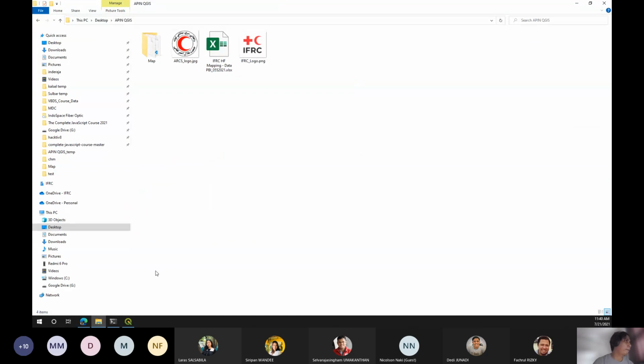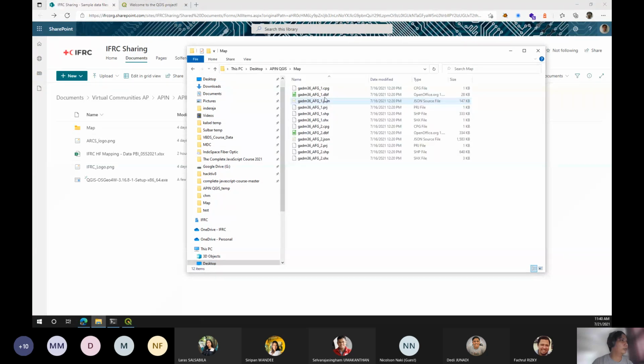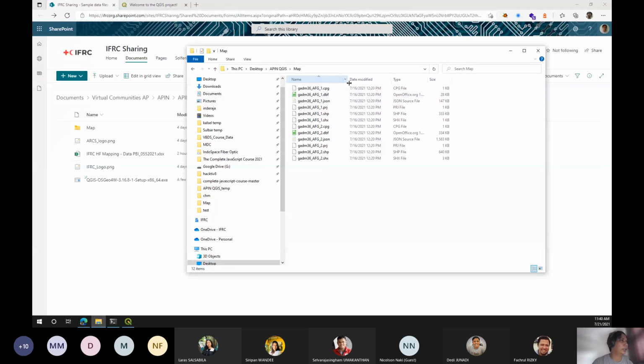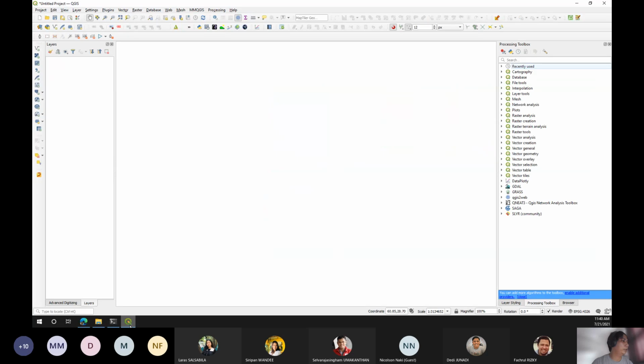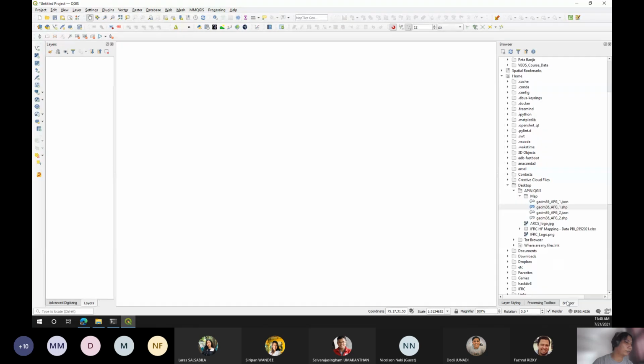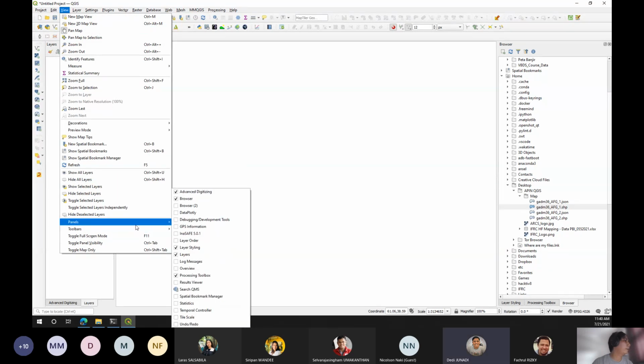So let's see. We have a map folder over here. I suspect this is the GIS files. And right, this is the most famous S3 shape file. So if we open QGIS and we go to the browser, if you don't have this menu, you can just go to the view and